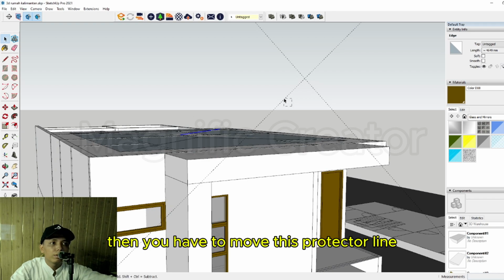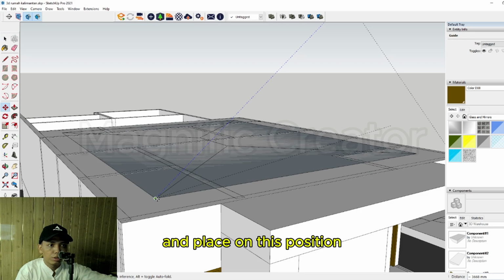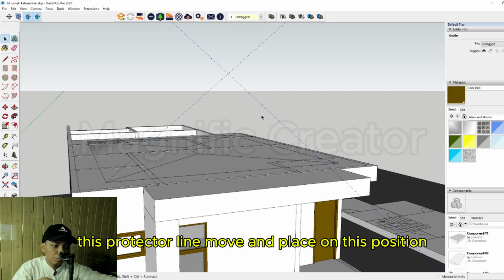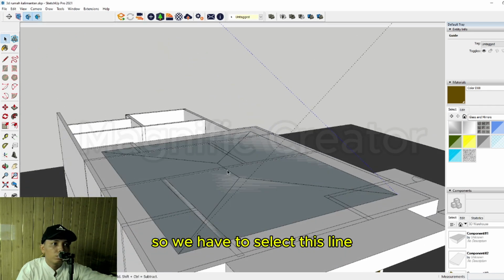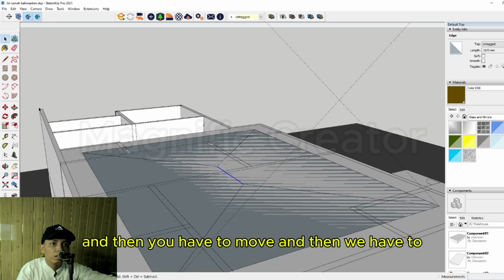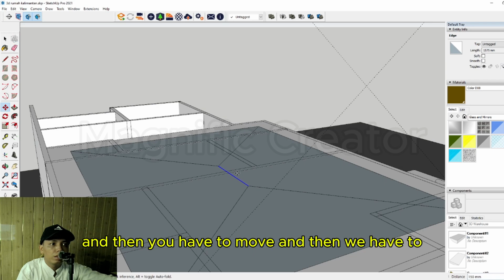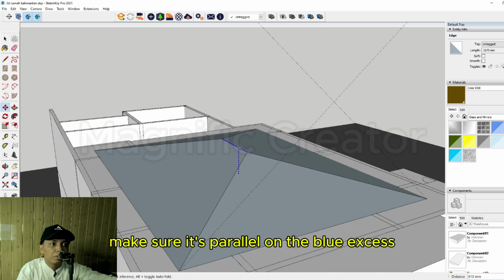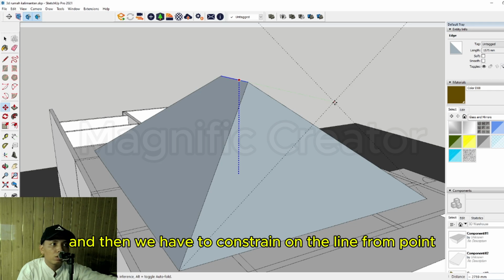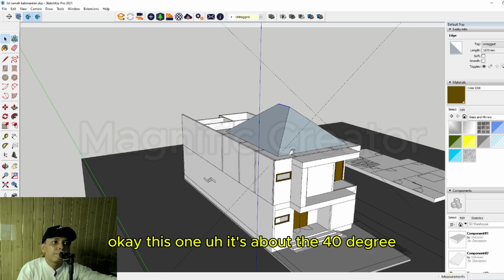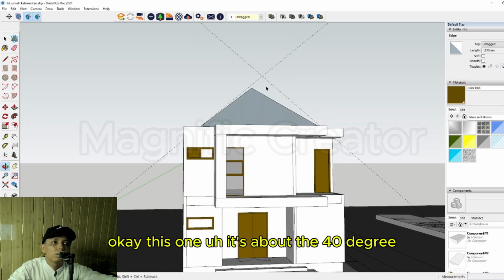Then you have to move this protractor line and place on this position, and also this one. Then we have to select this line and move, making sure it's parallel on the blue axis, and then constrain on the line from point. Okay, this one is about the 40 degree